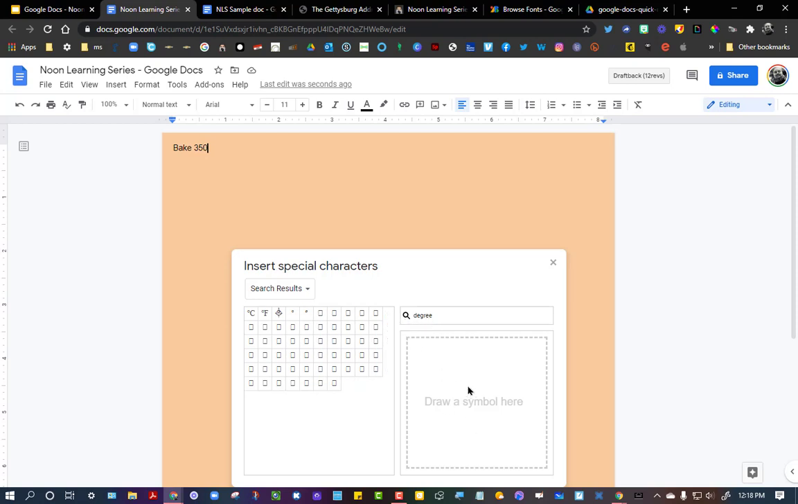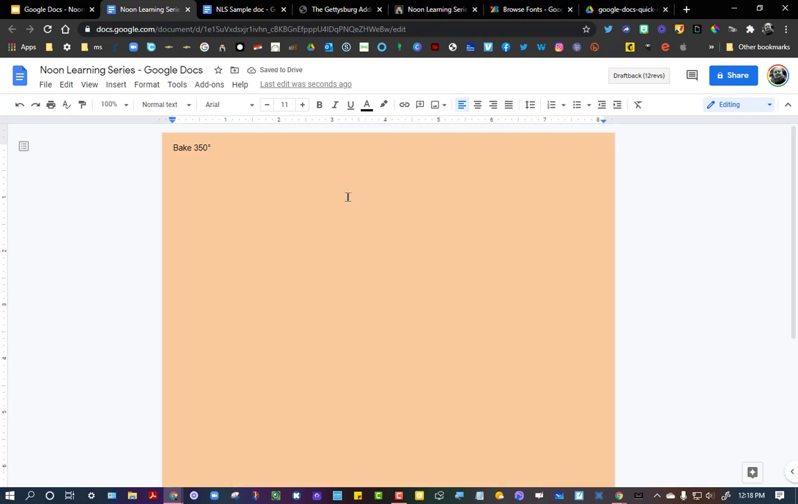But I can also draw it, which is kind of fun. You can kind of draw it with your mouse, or if you have a touchscreen device, you can actually try to draw out what you want. How about something else? Let me go ahead and insert that so we have that. So if we were typing out a recipe, what if we needed to do,